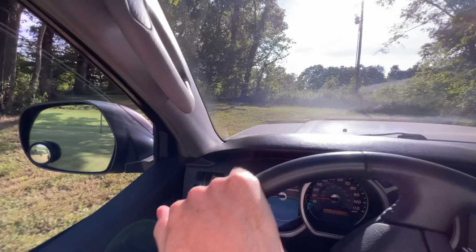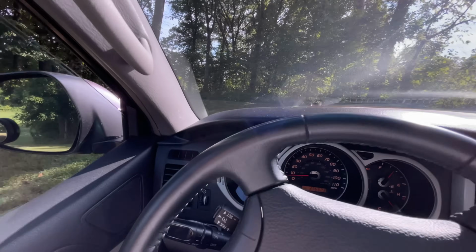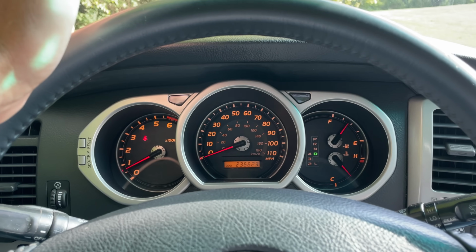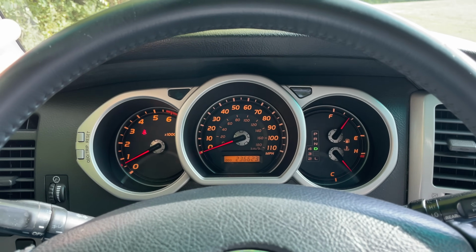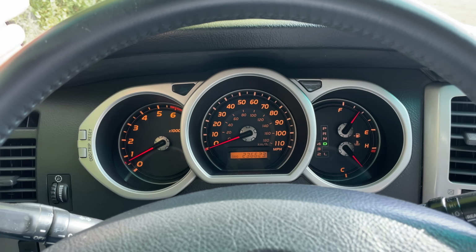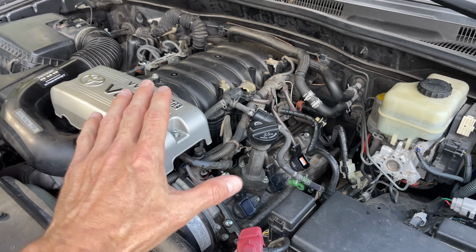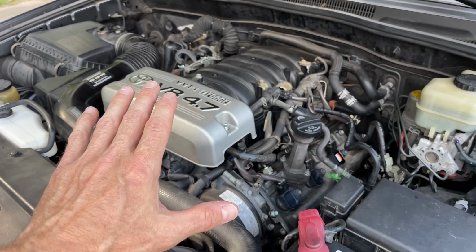Nice. Grassy hill, 4-low, no issues. All right, well, I can say this thing is idling extremely smooth. I'm in drive right now, foot on the brake, idling nice and smooth. And just to try to prove the point here about how smooth this thing is running right now, I'm hoping